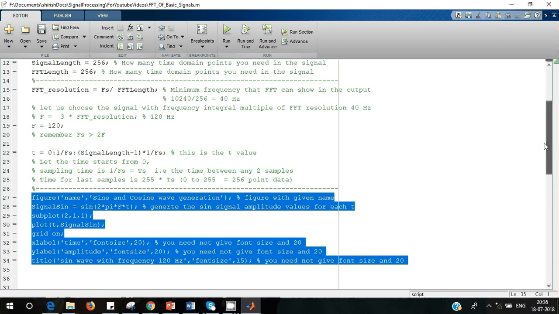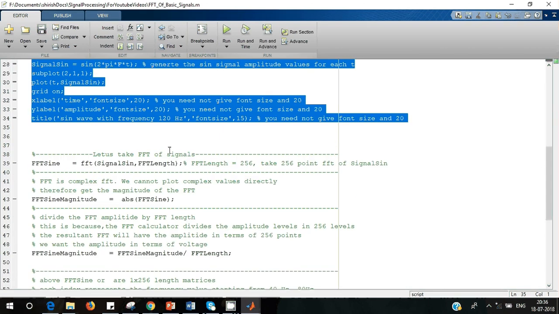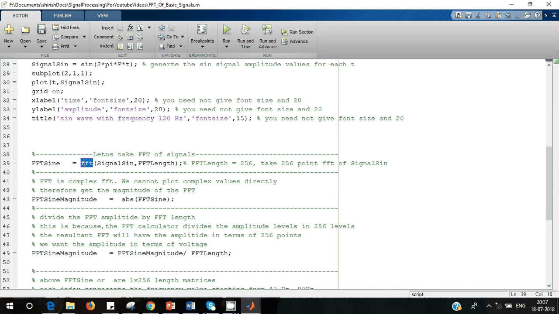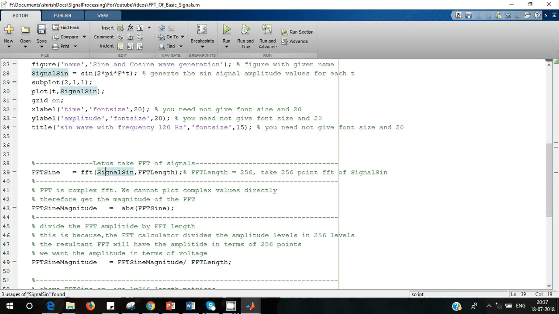So let us consider the FFT part. There is an inbuilt function in MATLAB, the fft function. We can provide the signal, whatever signal we have generated, and the FFT length. If you do not provide the FFT length, it will take the default length as the signal length, or a power of 2, like 2 raised to 2, 2 raised to 3, 2 raised to 4, like that. So here the FFT length is 256, the signal length is also 256, so we are getting the 256 point FFT